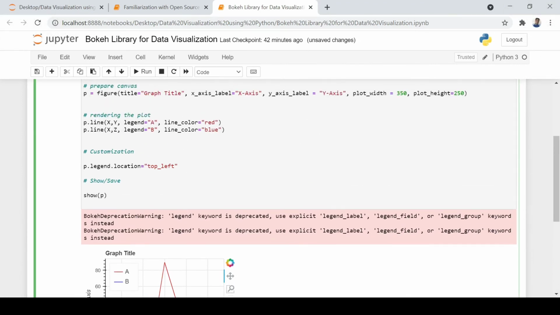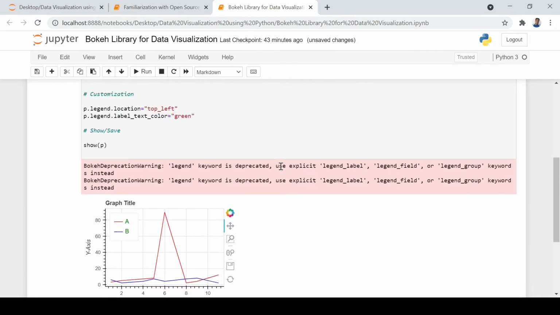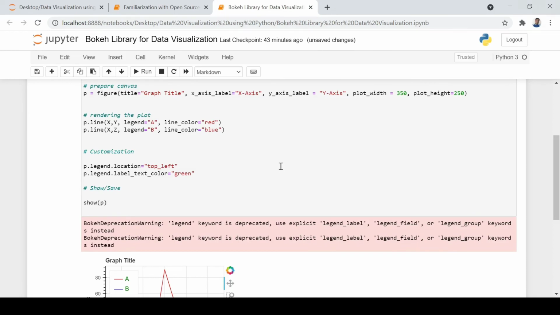again you can call p.legend.label_text_color, and let's say you want to have it green. Okay, now see how it is. See, the label color is changed. So there are lots of other customizations that can be done with this. Also, one thing which we have discussed, the range you can vary, as you had done the level changing there, set level, set range.